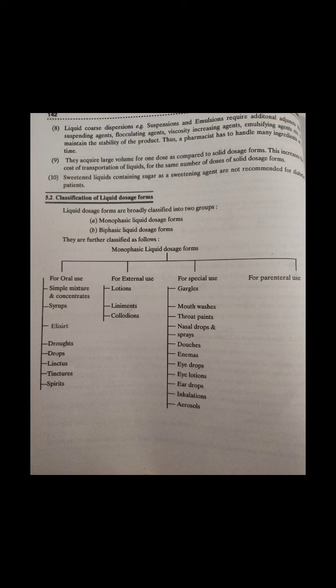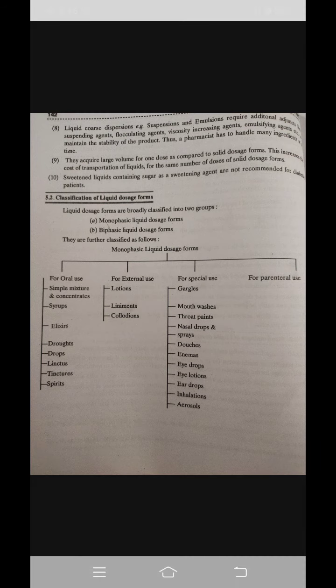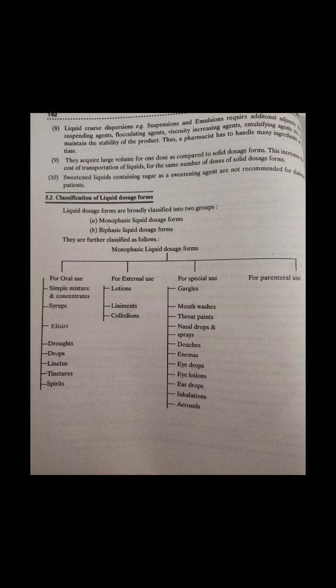So labels on the bottle must carry directions like for external use only, lubricate the nozzle before administration, and warm the solution up to 37 degrees centigrade. The solution is warmed only when the volume is large. Along with all other necessary requirements of liquid dosage forms for external use.